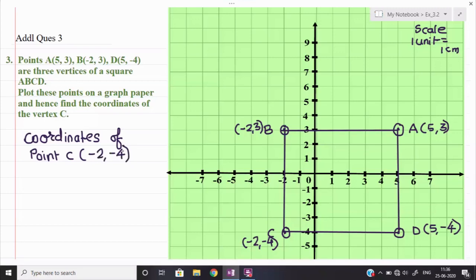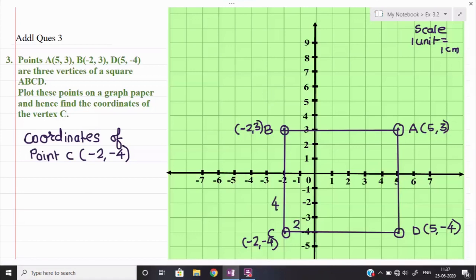Here only, sometimes students make a mistake. They think about the vertical one as the x coordinate, but remember, horizontal length you have to pick up. So how much is the horizontal length here? Minus 2. And how much vertical length do we have? That is 4. Once again, you see, this is the horizontal length I am talking about. This horizontal length is 2 and vertical length is 4. So if I write it in terms of coordinates, that will be minus 2 comma minus 4. Length cannot be negative, that's why I wrote it as positive.